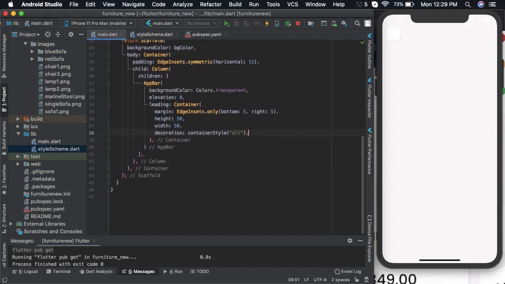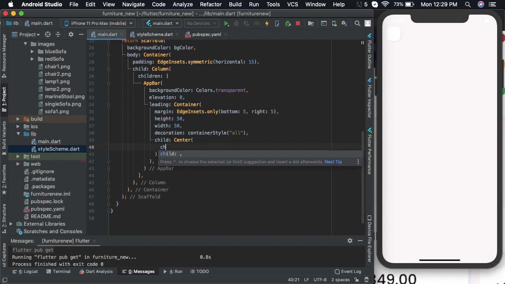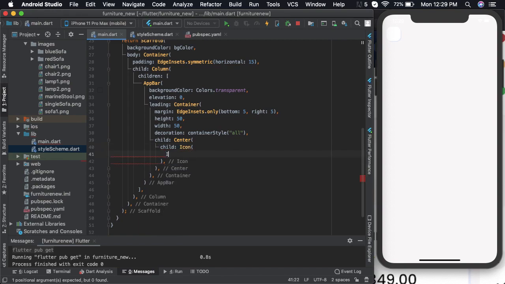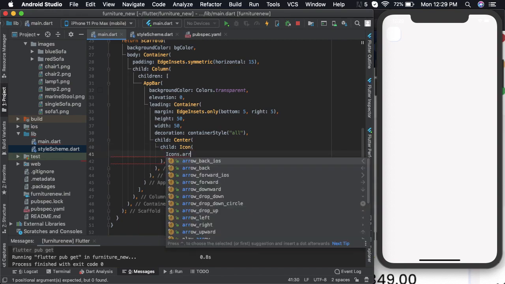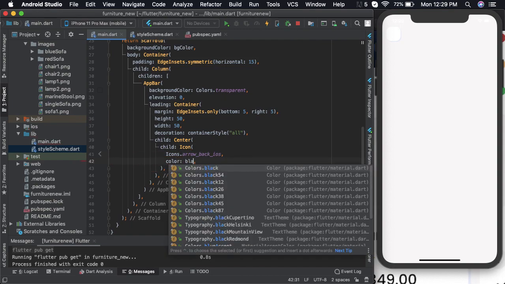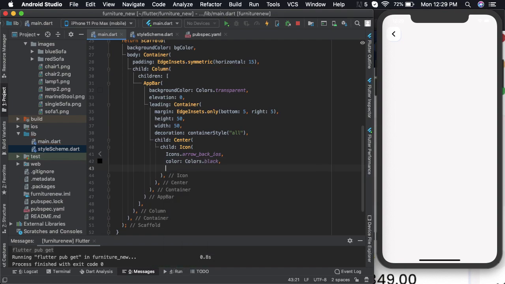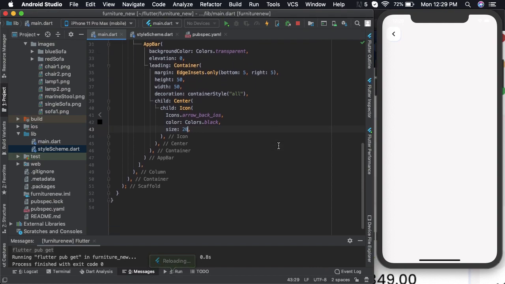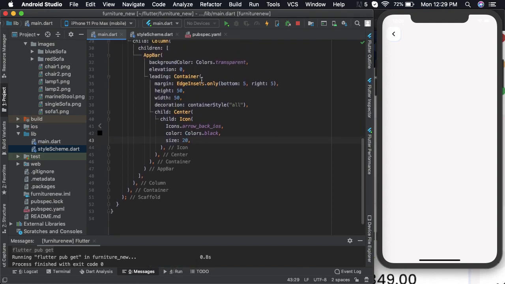Now let's get back to the button area. Now here we need a back button, so I'll give it a center widget. Its child should be an icon, arrow back iOS, and then let's define the color as black. I'll keep the size as 20. Good. Now let us define the actions widget